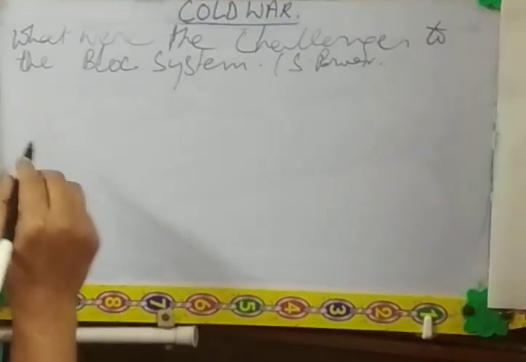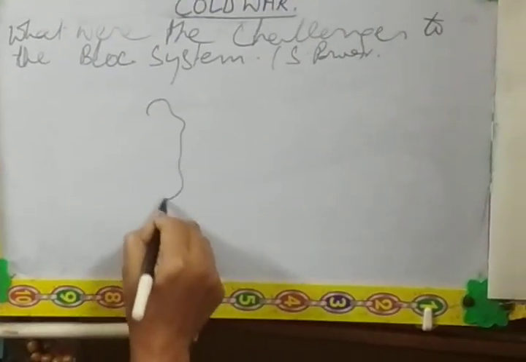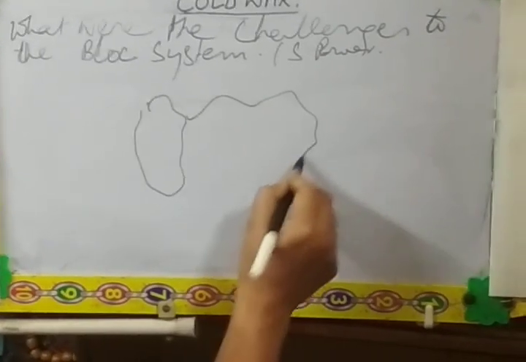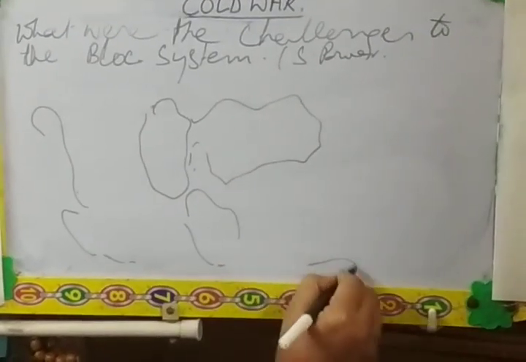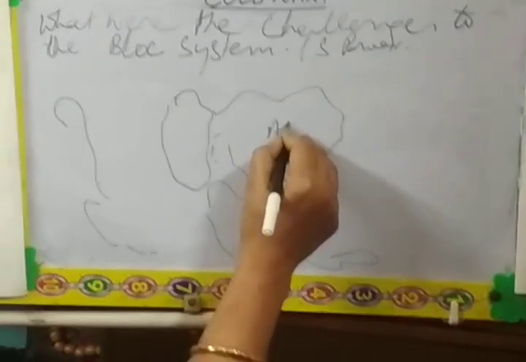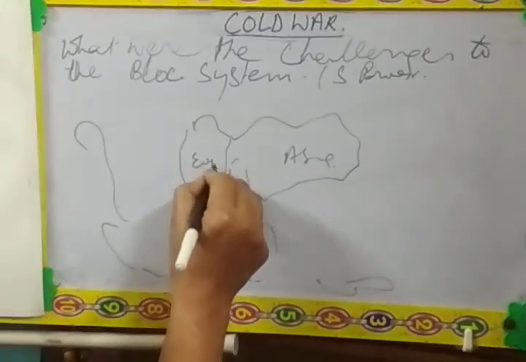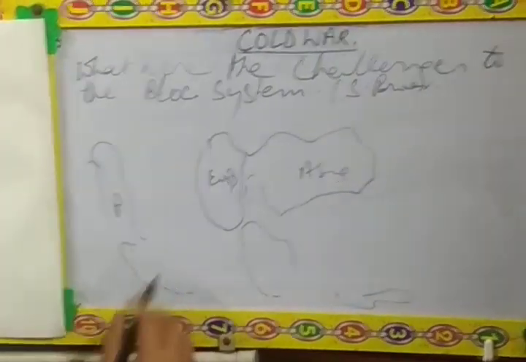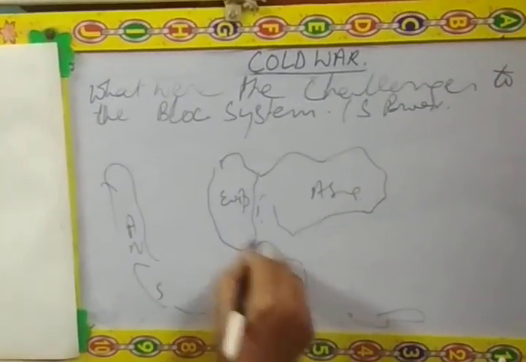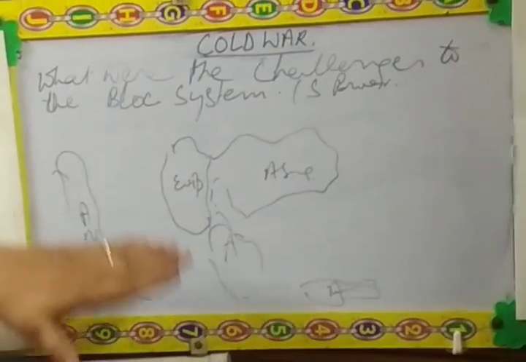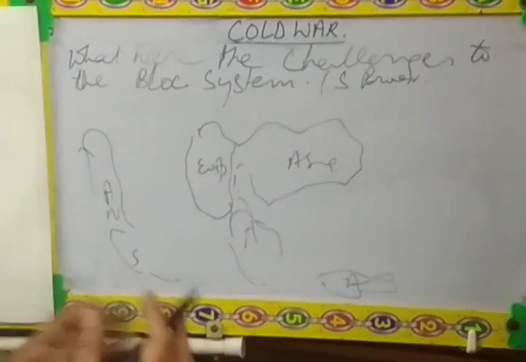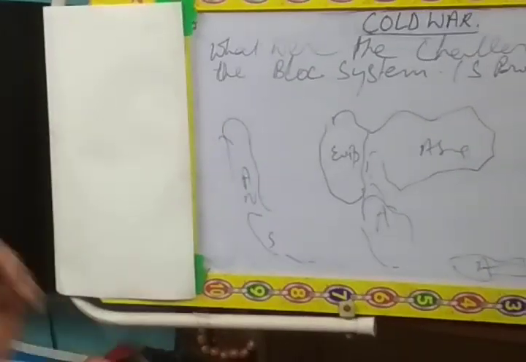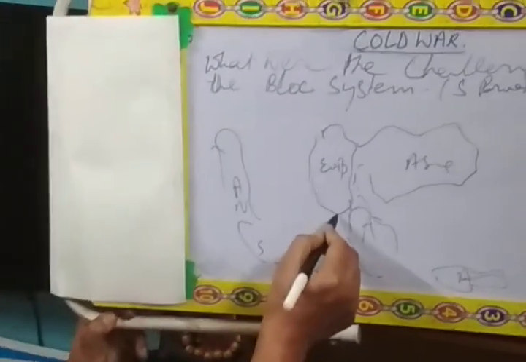This is very important because in this we will discuss that, like this is Asia, this is Europe, this is America, North and South, this is Africa, and this is Australia. We know, children, that during the 20th century, the Axis, Allied, the superpowers, the developed countries, were into the